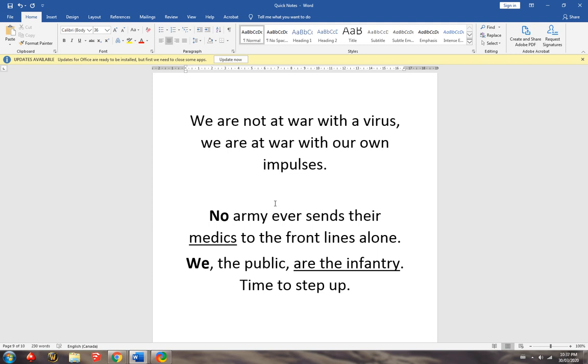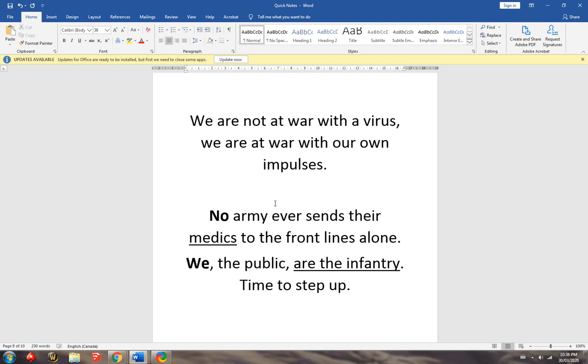We have weapons. And they might be, in any other war, laughable weapons, but in this war, they are incredibly strong weapons. They're face masks made out of old t-shirts. They're knowledge being passed from one person to another. They're cleaning supplies, soap, hand sanitizer, which is incredibly useful in this particular instance, rubbing alcohol. We have weapons here.